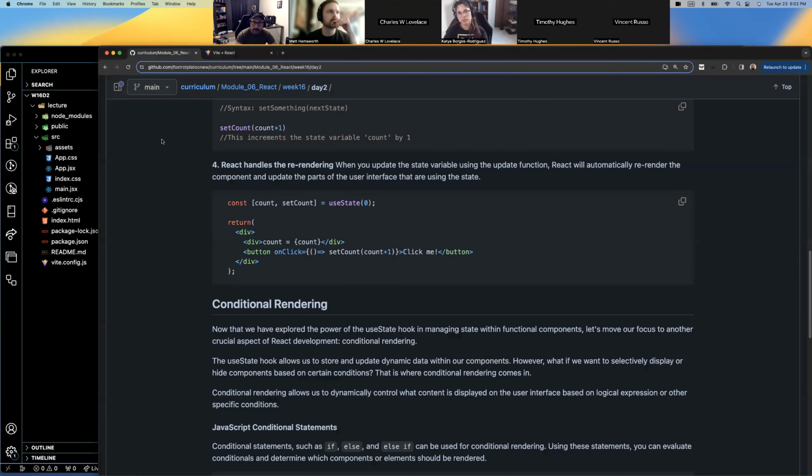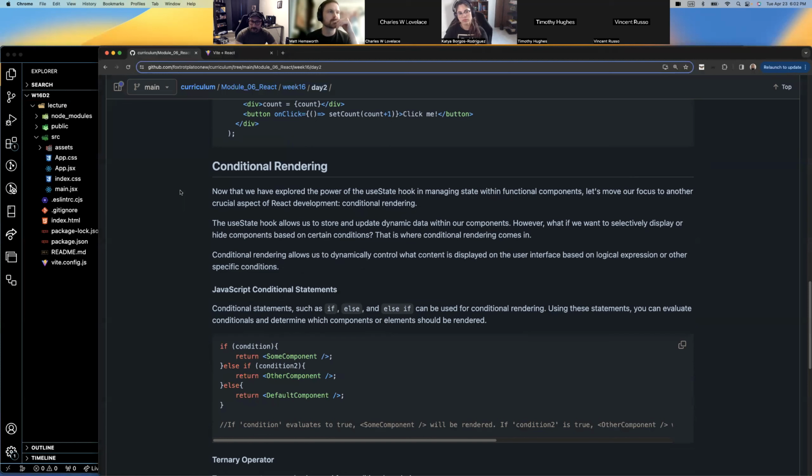Conditional rendering. Now that we have explored the useState hook in managing state with functional components,